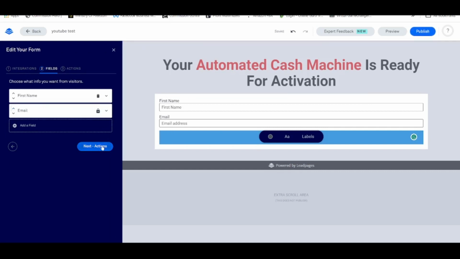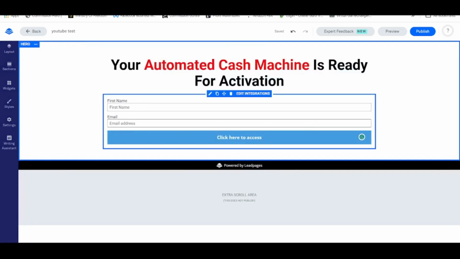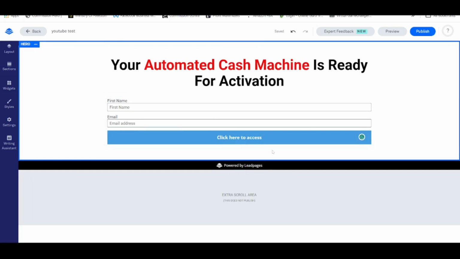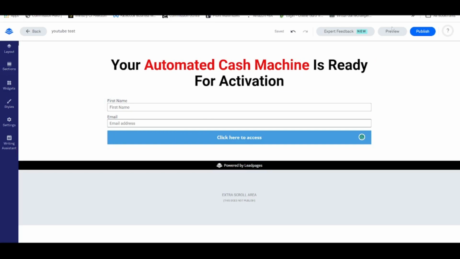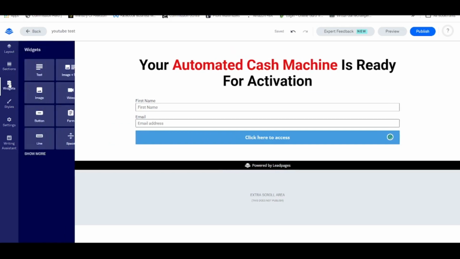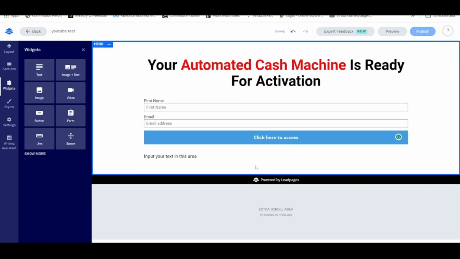Okay, now if you're worried that this will affect your conversion, like I said, based on my recent statistics, even together with my students, we realize that the one with the first name is actually converting even better than the one without first name. All right, so this is how the whole squeeze page will look like, as simple as that. Then from there, you can always insert another widget, insert another text below, and you can type in, like,